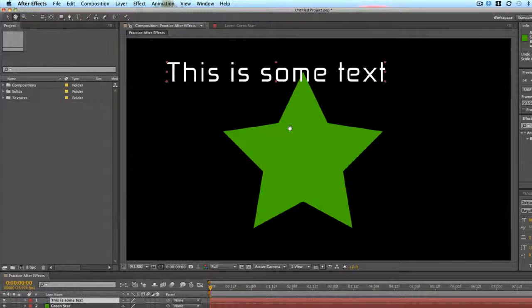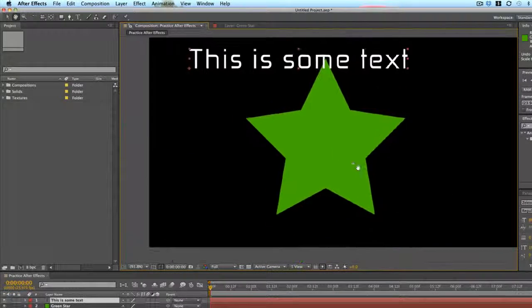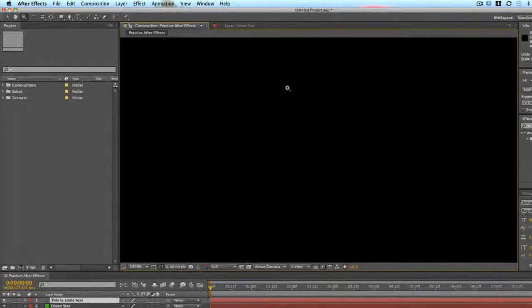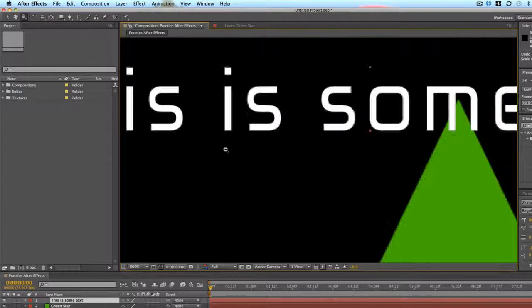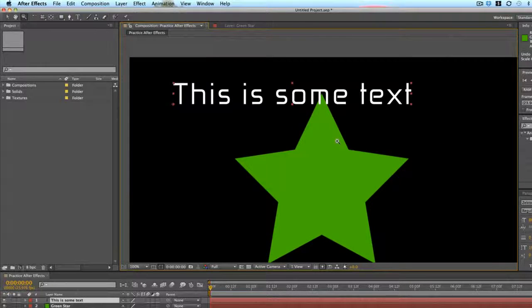The hand tool, this is for moving your canvas itself, so it's not moving the layer, it's just the canvas. And this works well with the zoom tool, so I'll show you both of them. So the zoom tool is hotkey Z, and it automatically shows up as the positive zoom magnifying glass. So this zooms in, and if you press the Alt or Option key, you can turn it into a zoom out